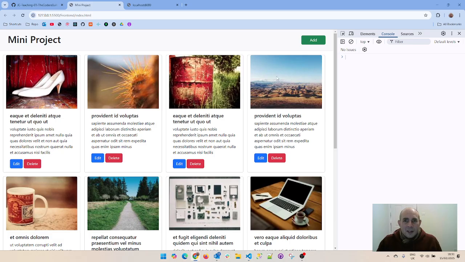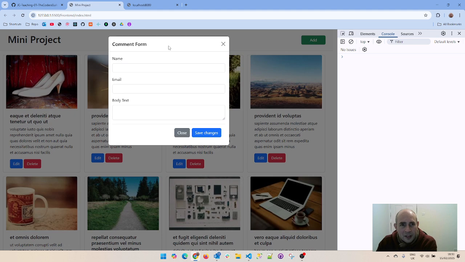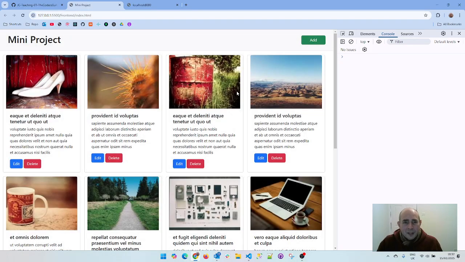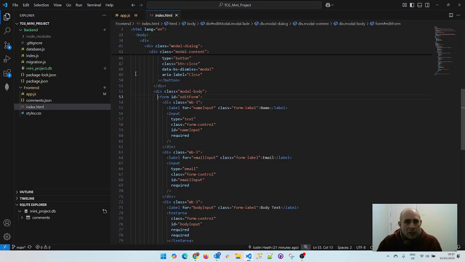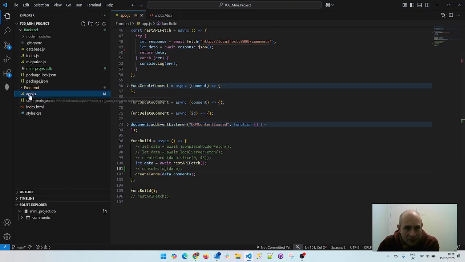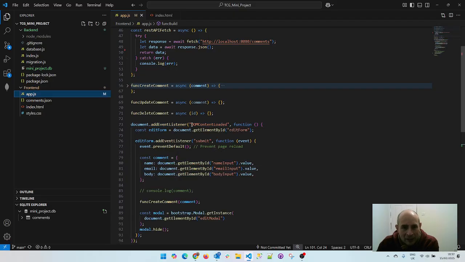So if we go back to our actual application and we hit add, we can see that this modal opens up for us now, and we can put in whatever and then try and send this to the back end. So to be able to achieve that on the back end, what do we need? Right, we need to go back into our front-end app.js file, and we need a function now that is going to listen to that modal, and when that submit button happens, we want to capture the data from the form,